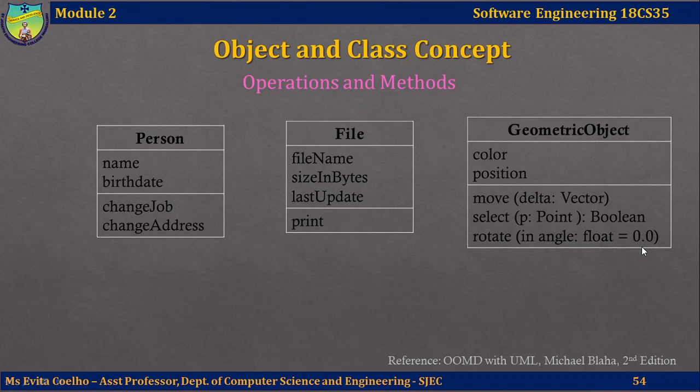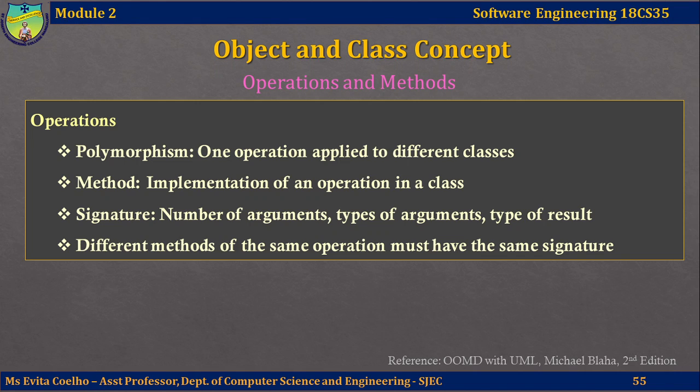You can have operations with arguments, one or more arguments. In that case, you have a comma separated argument list. Here, since there is only one argument, there are no comma separated values. If you have more than this, just put a comma and keep writing in the same format, that is, the name of the argument, colon, and the data type of the argument. You can also specify the return type of the entire function. Along with the arguments, you could also specify a default value, just in case the customer or the programmer or the user did not give you a value when creating objects and executing the code.